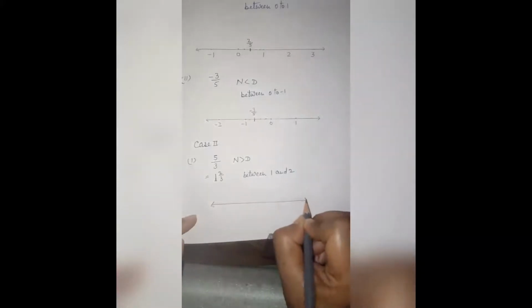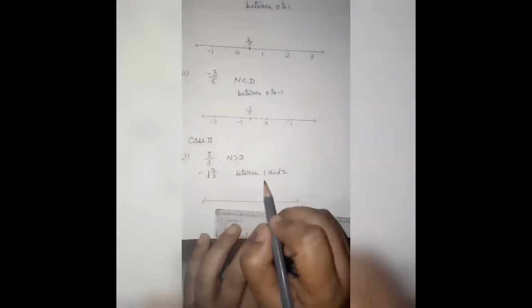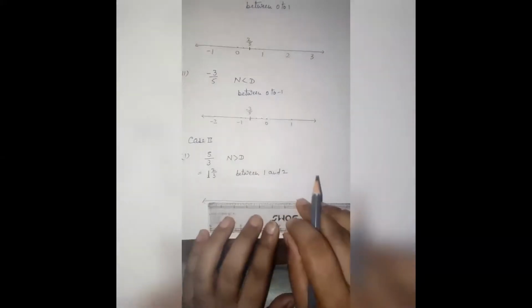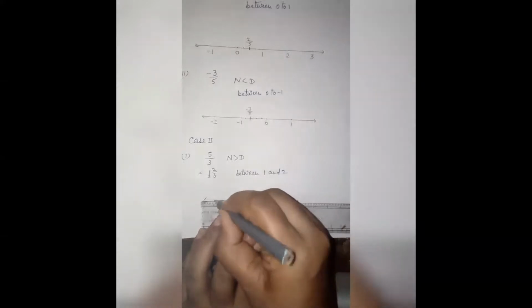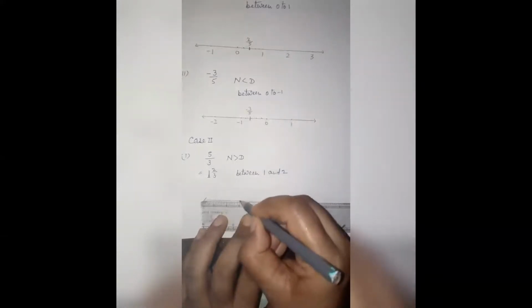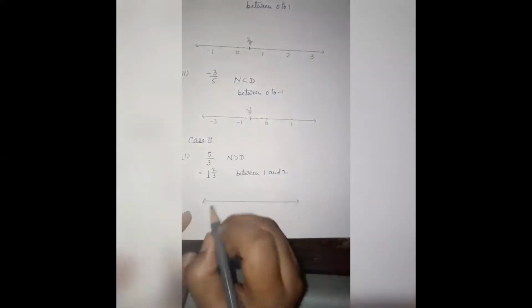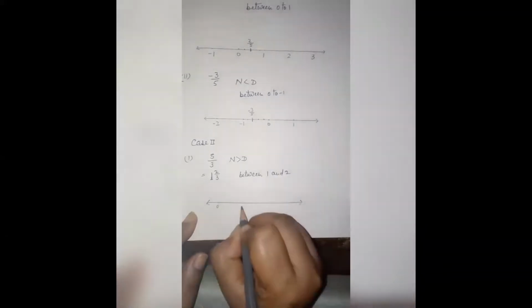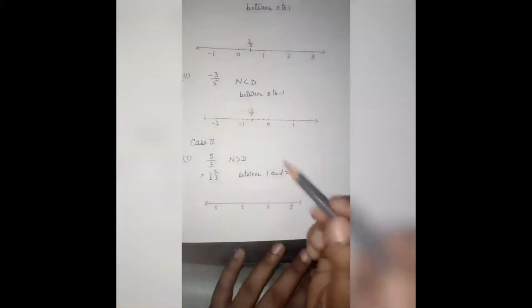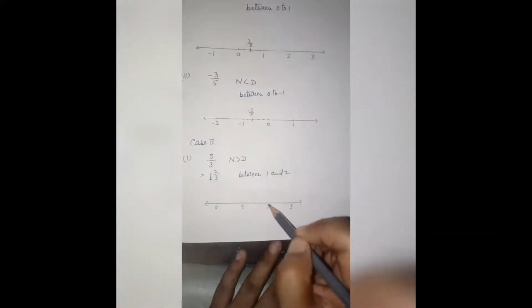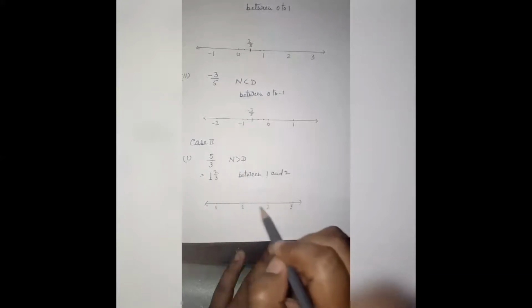In this way. Okay, and because you are interested in 1 and 2, in which way will you draw? See, this is 0, this is 1, this is 2, and one more I am taking, 3. Here is 0, here is 1, here is 2, here is 3. So now you will see 1 and 2 because you will show this rational number between 1 and 2.